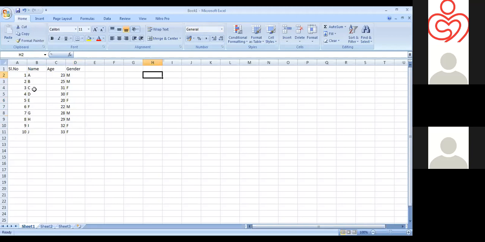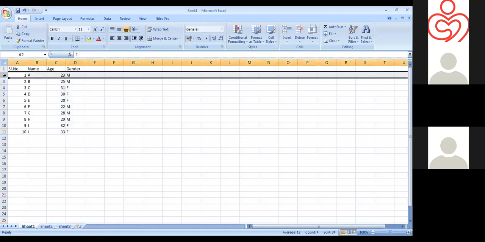While entering the data, we should know that each column consists of the full details of each variable. Suppose one variable is name. So column B consists of all names. All the details of that particular variable will be in that single column. All ages will be in column C, all genders in column D. Likewise, each row consists of the complete information of each individual.